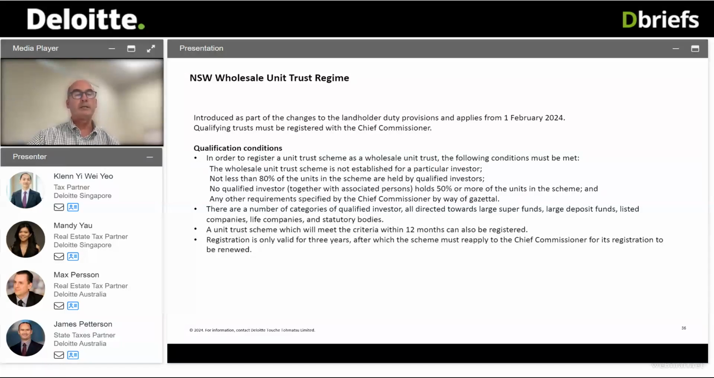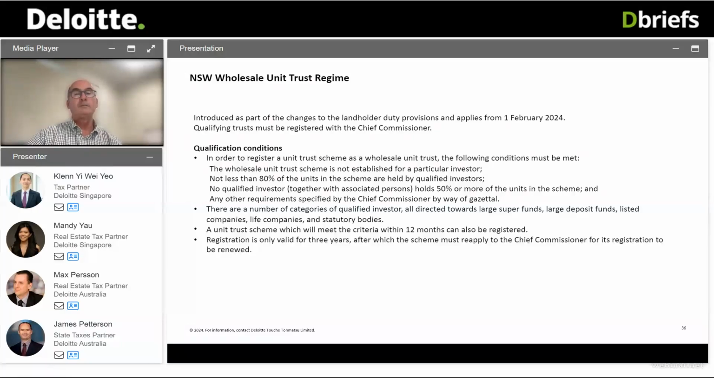Key requirements there are that to be a wholesale unit trust, the trust must have at least 80% of the units held by qualifying investors, with no one qualifying investor holding 50% or more of the units. And the trust must be registered with the New South Wales Revenue Office as a wholesale unit trust. And a qualifying investor means one of a few type of investors on a limited list, which we'll briefly look at shortly. On the next slide,